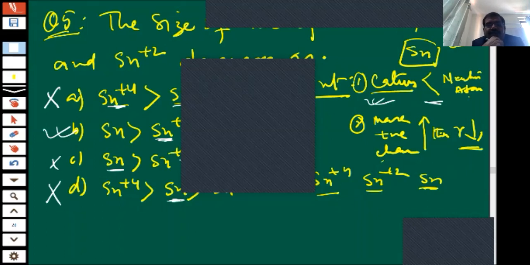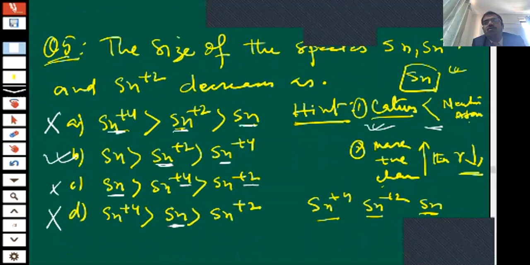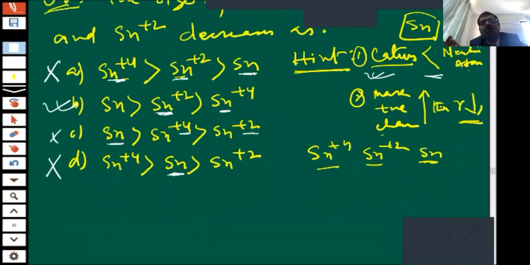Good, very nice. Sir, you teach so nicely and clear my doubts in class, so I am not facing any problem. I have understood this concept. Good, beta, very nice. Yes, the second option is correct. The best way to learn every concept, when an objective solving session occurs, is to utilize all the information we have gone through. That is the real practice. So question number 6, children. Let me see who can do it.